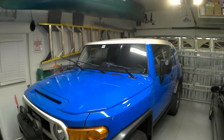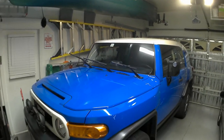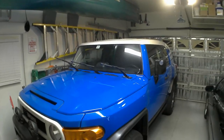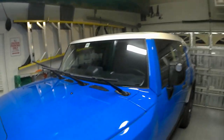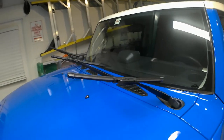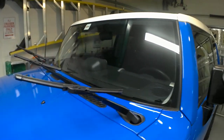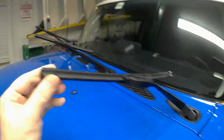One of the unique things about owning an FJ Cruiser is the fact that it has 3 windshield wipers, which is actually pretty cool. Of course, we all know that the driver's side here is the longest, and the other 2 are a bit short. However, trying to find the right wiper blade out there, and I've gone through quite a few since 2007,